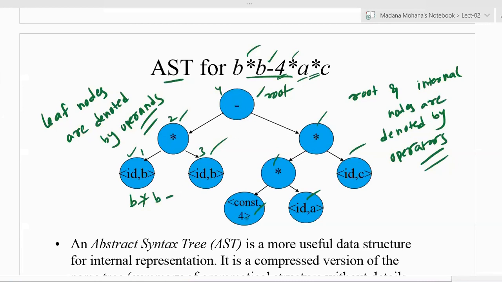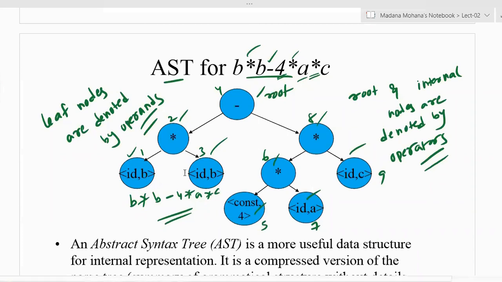Then again from this you can take the leaf nodes too. The next leaf position is the fifth one, that is 4, then the operator is the sixth one, then a is the seventh one. Then its root is into, the eighth one. The last one is the ninth one, that is the operand identifier. Like that you have to write the expression.